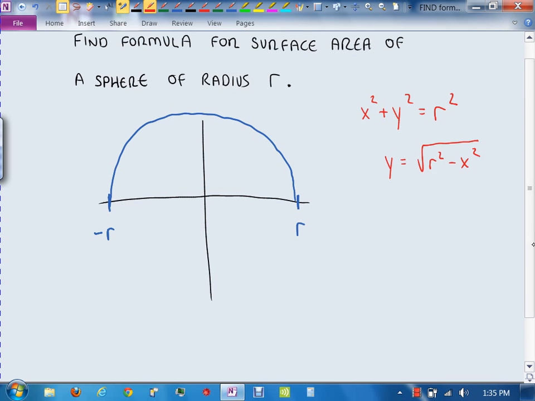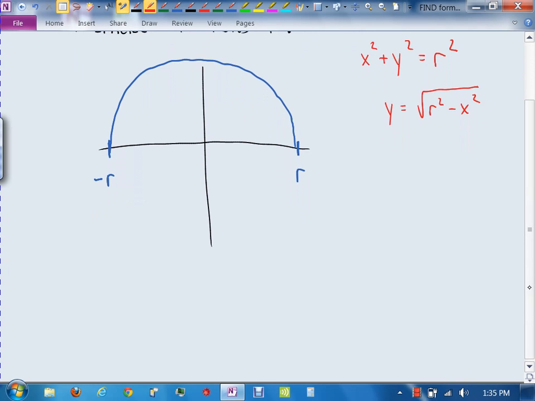Okay, so let's set up, well, let's not set up the integral. What are the things we're going to need for the integral? Because we're using that formula we just had. Integral from a to b, 2 pi f of x. Do we have f of x? Yes, that's it right there. Square root 1 plus the derivative of f, so we'll need derivative of that squared. So let's take the derivative,